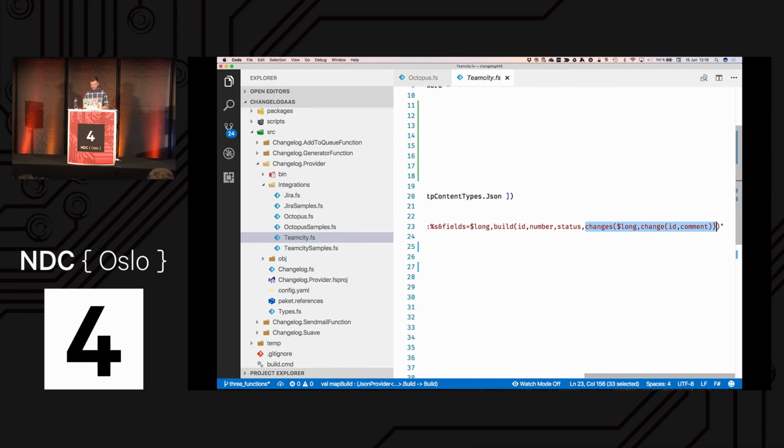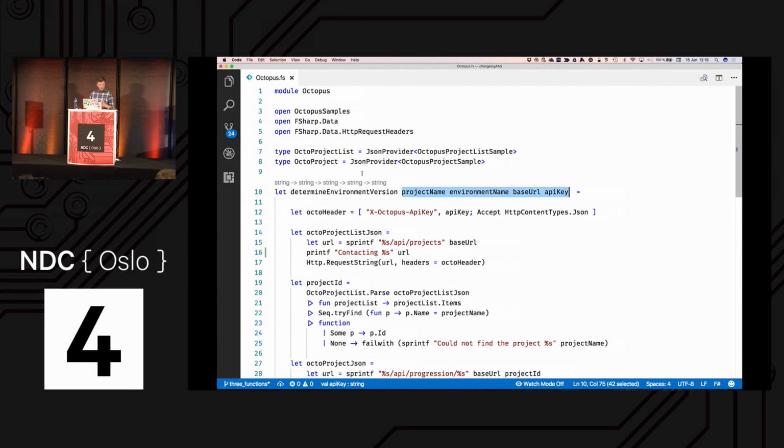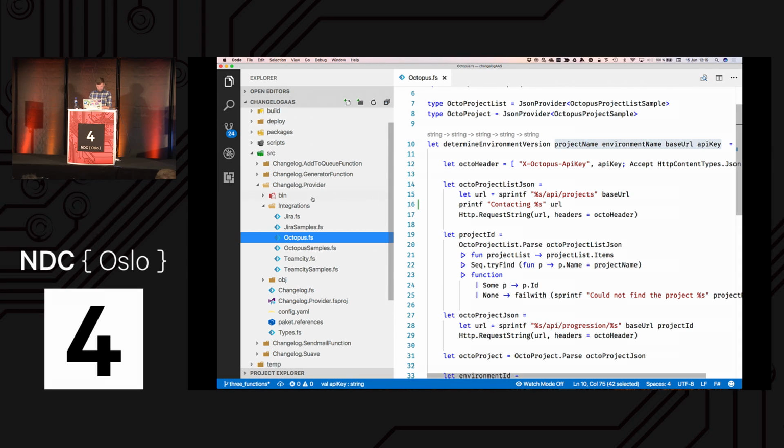And we want the ID and the comment. We only care about the comment because remember from before, that's what we're going to parse. So we parse in, we get the changes and we get them type safe with the type provider. Not too much code. It's more like just handling the data. And we end up with,